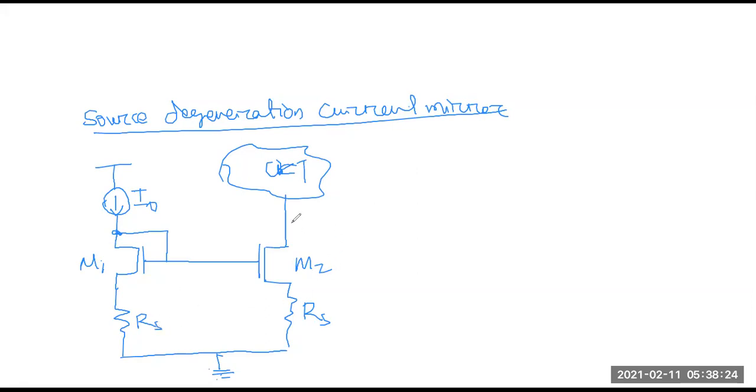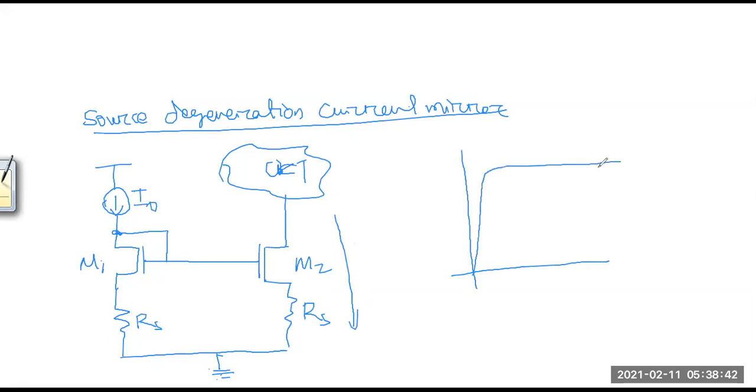Now the only advantage is if you check from this point, the output resistance is very, very high. This was the disadvantage of the simple current mirror. So the output impedance is very high, that means this curve will be like this. Initially it was like this, so now somehow it will be like this. So whatever the change will be there in VDS, less change will be in that current. Approximately you will get a better result from that.